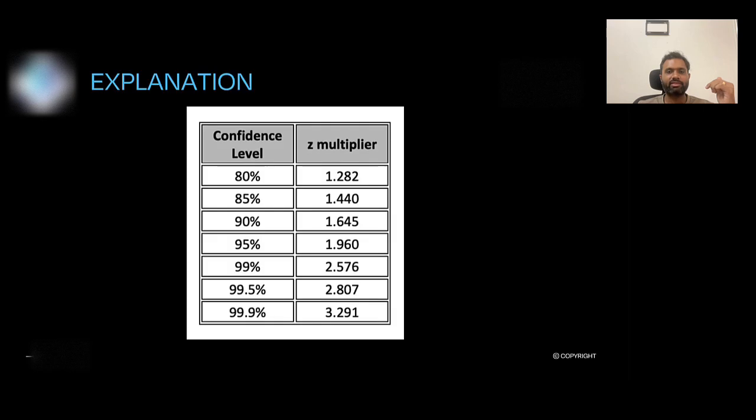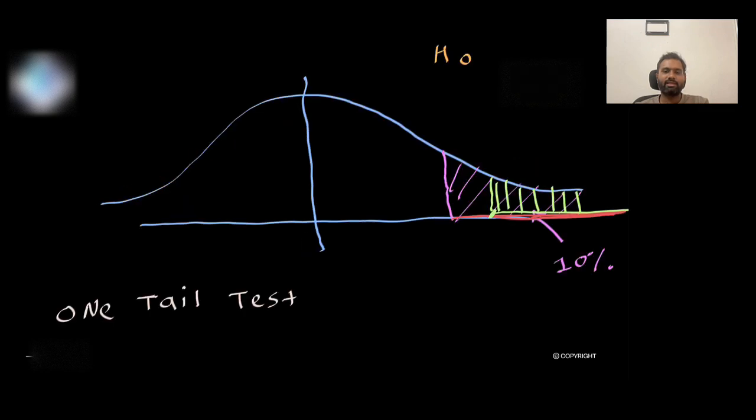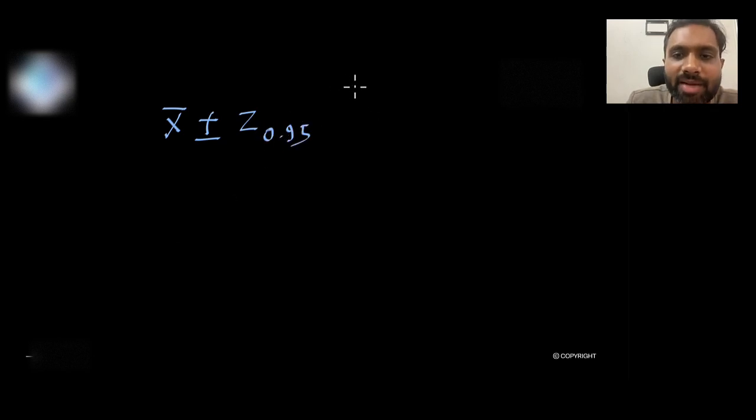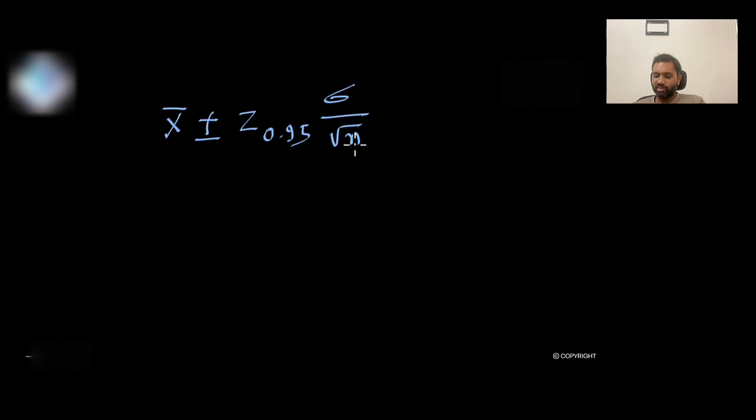95% interval, 90% interval. If you see our previous question, confidence interval with respect to various confidence levels, the Z multiplier goes on increasing. But the formula of confidence interval you should know with respect to the Z value. The formula is my sample mean plus or minus the Z multiplier corresponding to the confidence level, let's say 95% or whatever, times sigma by square root n. So as your number of samples increases, the size of the confidence interval length goes on decreasing, because it is inversely proportional to the square root of n,